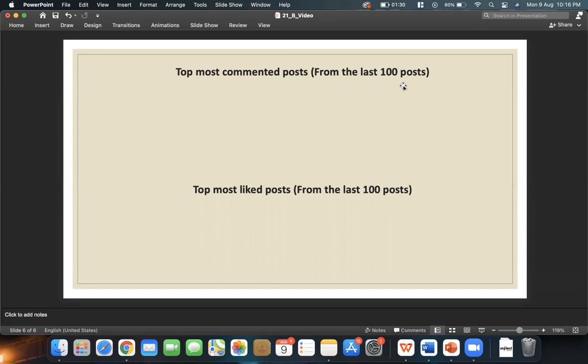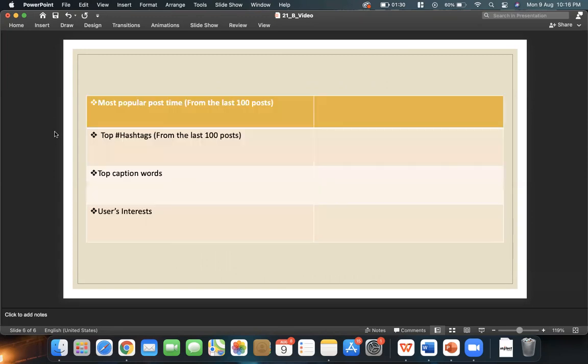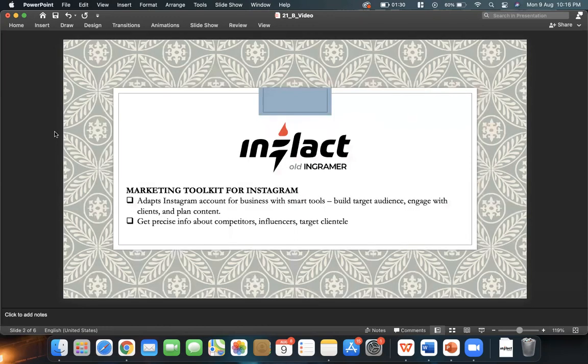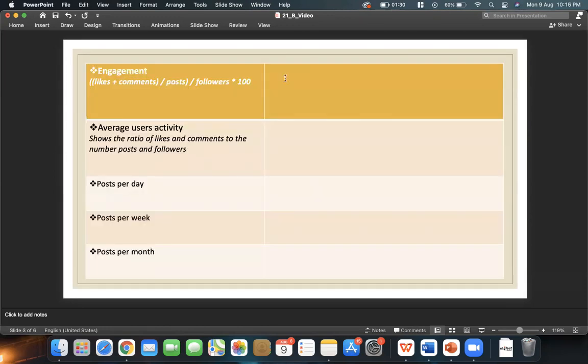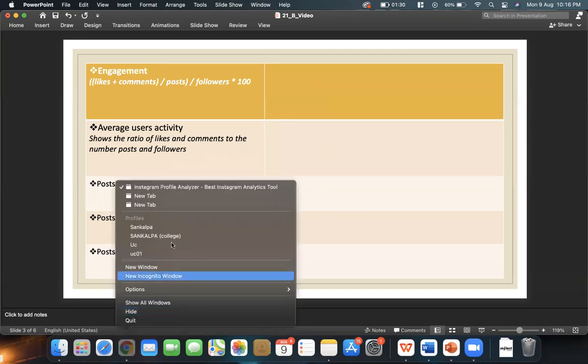But we are going for it free, so we will get only the last 100 posts, but that will be sufficient to analyze a profile and will be very beneficial. So let's start. For the engagement, first, for example, let's take Netflix.